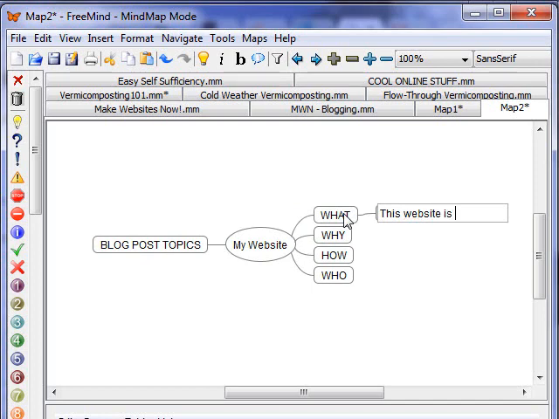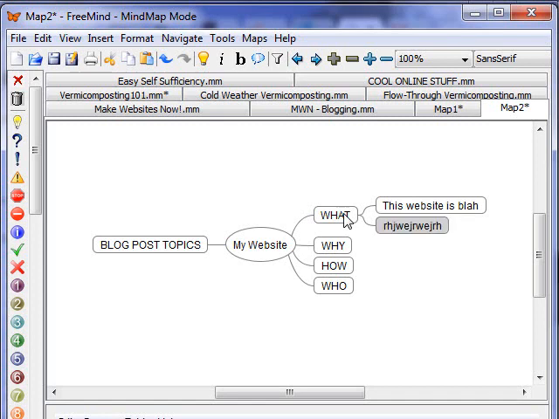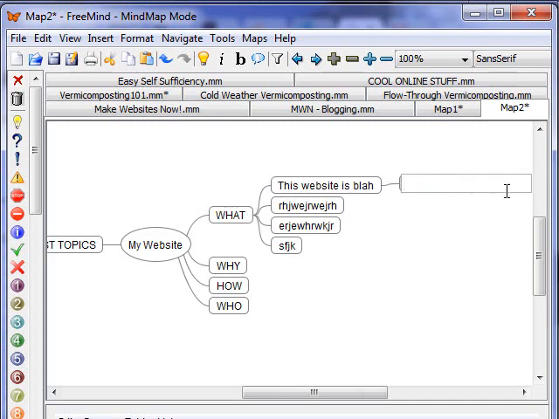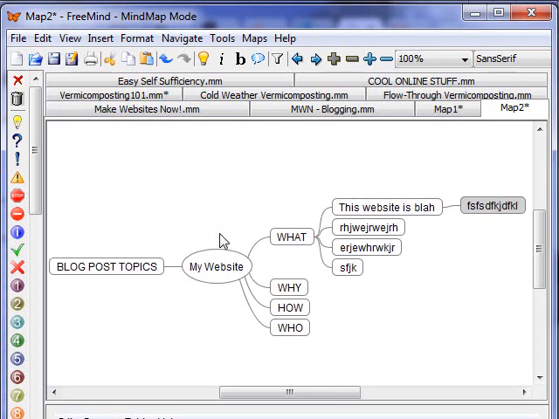Website is blah blah blah, and it's this, and that. You can just keep adding point after point after point, and you can just keep expanding. Okay, so that's a sort of subheader now. Now I can add another one. Just press insert every time you want a new tab, and you can just go and go and go until you have this big deep structure and just all this great organized information about whatever particular project that